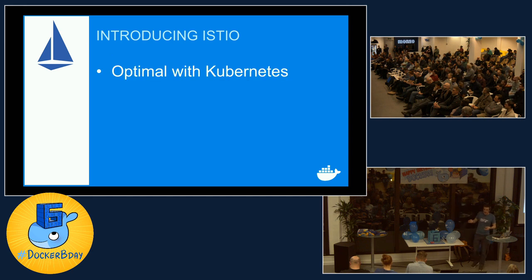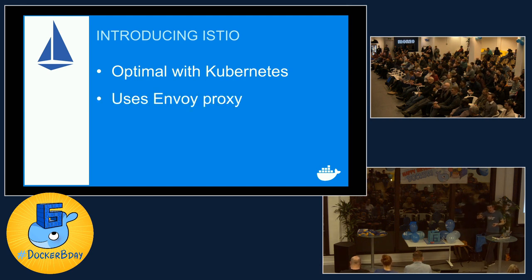It's optimized for Kubernetes, because Kubernetes has this extensible layer. If you're not familiar with Kubernetes, you can plug different things in and have them managed by Kubernetes for you. So I can create a custom type of resource and tell Kubernetes that you manage this for me, and Kubernetes will look after them for me. Istio takes advantage of that and spins up a whole bunch of things and lets Kubernetes manage it for it.